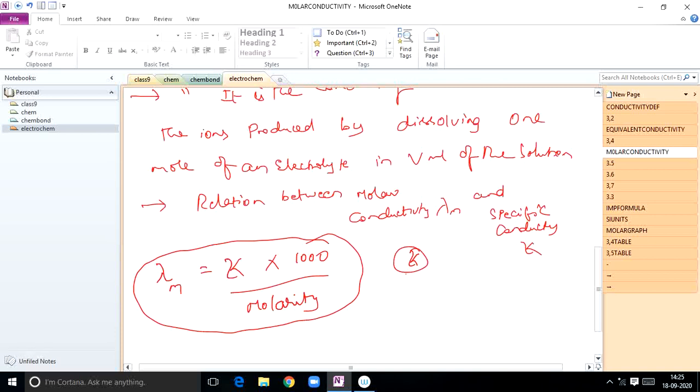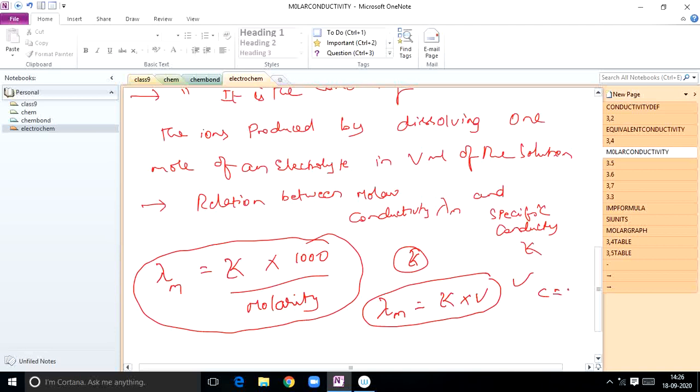V is the volume of the solution containing 1 gram mole of the electrolyte, and this can be written as lambda m is equal to k into V, because 1 by molarity is the concentration. So lambda m is equal to k into V, you can also write. How did you get the V? Here,